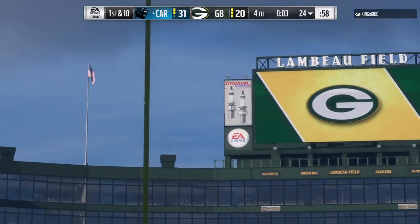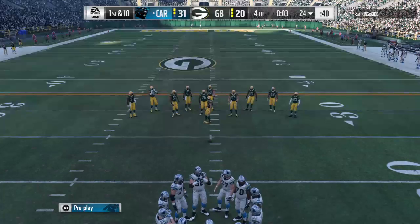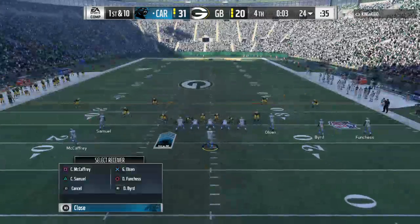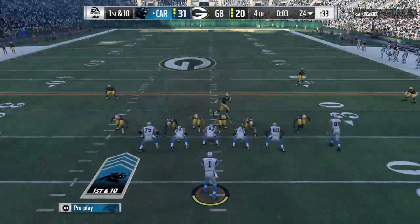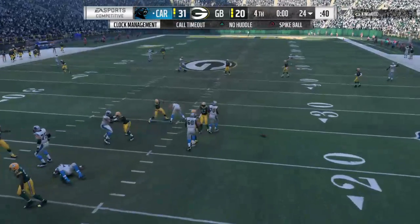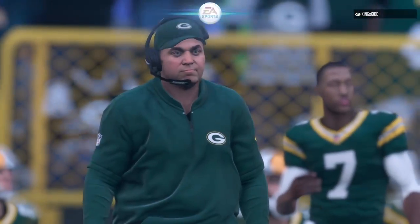I was just going to ask you, that wasn't the primary target. And he's so good at that, isn't he? I think he knew right away that he wasn't going to get to his primary guy. I think he read that as soon as he got to the line of scrimmage, knew where the pressure was going to come from, and said, I know how to beat that, and that's what he did. And it's incomplete. Still throwing to the very...